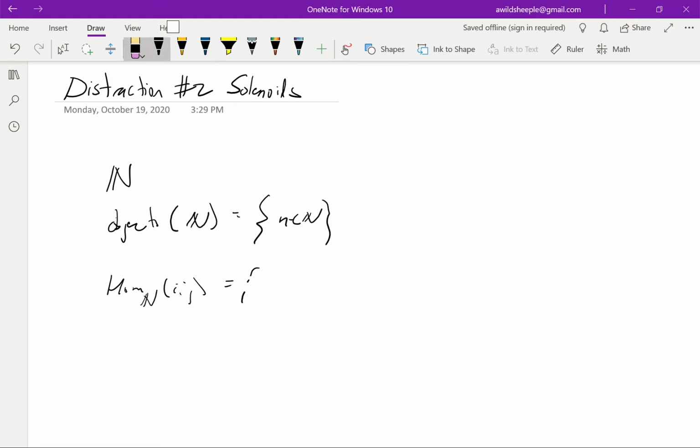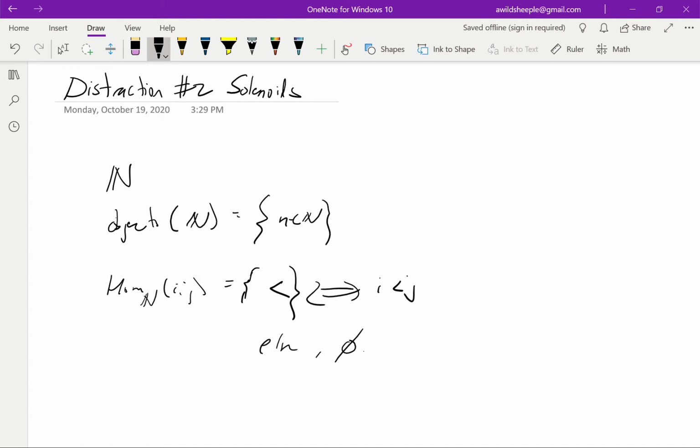I'm going to call it this symbol, the less than symbol, if and only if i is actually less than j, and otherwise it'll be empty. So this is just a poset basically on n. Or just think of n as a partially ordered set where the morphisms go just like with the numbers,